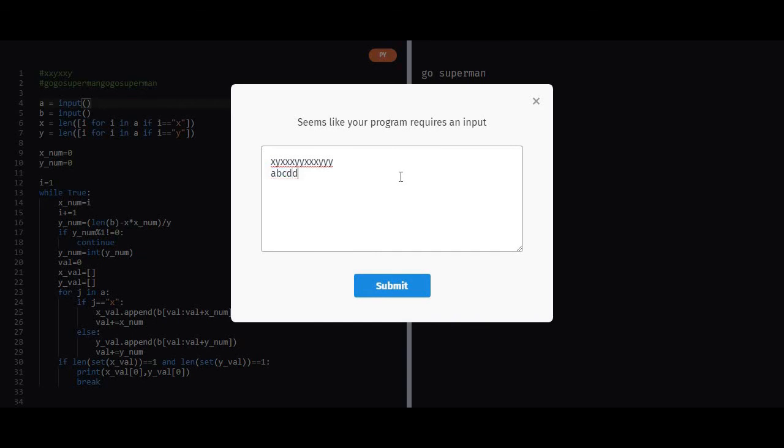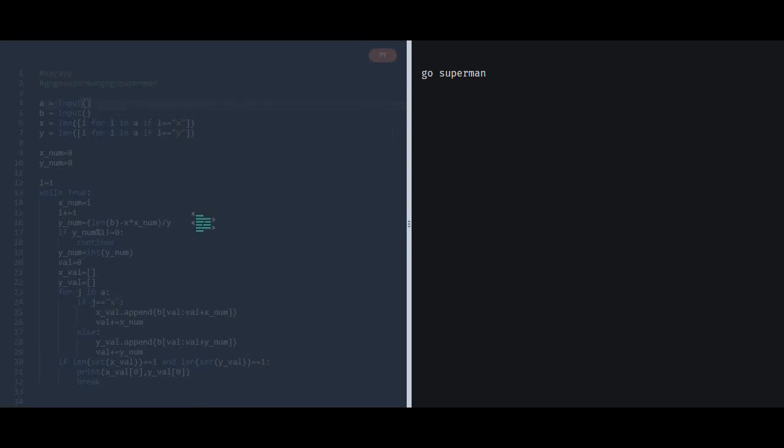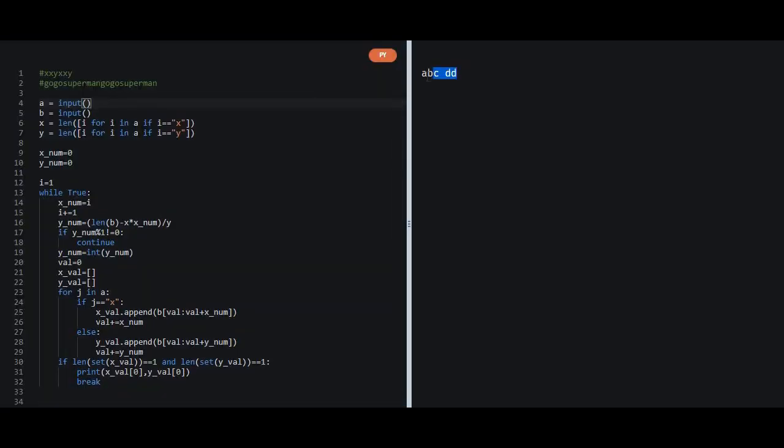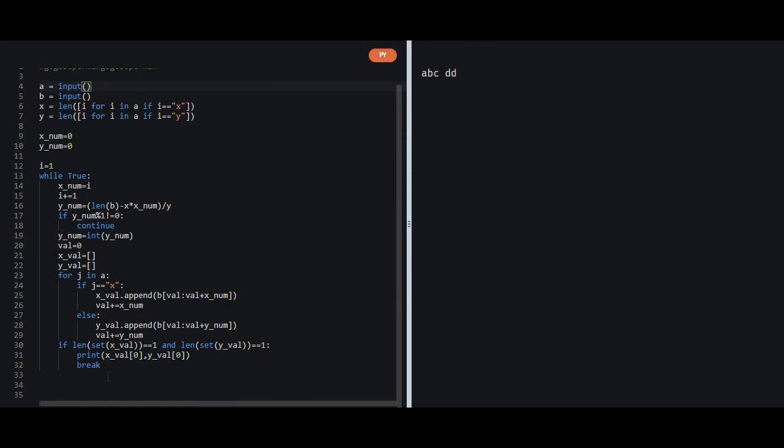There are 3 x's afterwards, and then we have 2 y's, so 4 d's, 1 2 3 4, and then we have 3 x's again, and then we have 6 d's. Okay, let us copy it in case we have made a typo. Yeah, we haven't made a typo, and we are getting the correct values of ABC and DD.